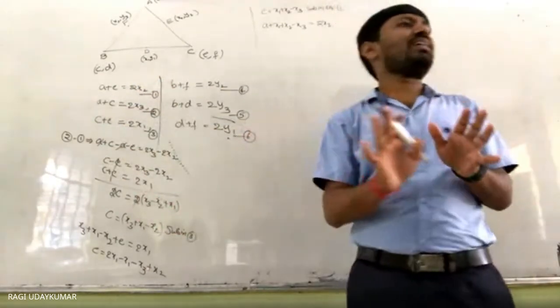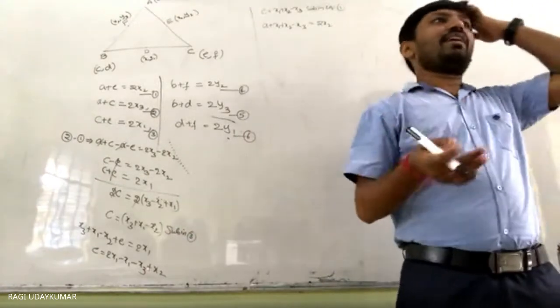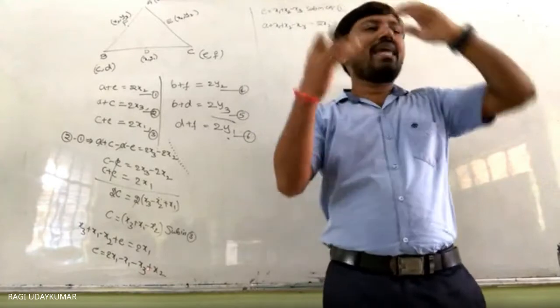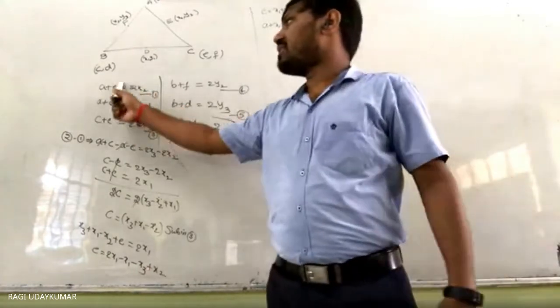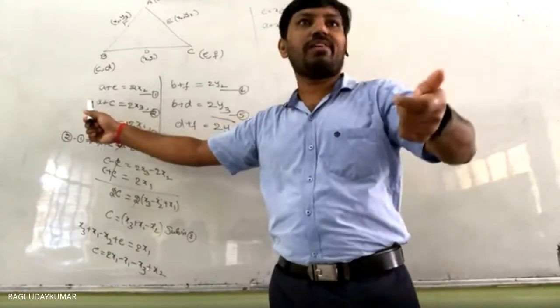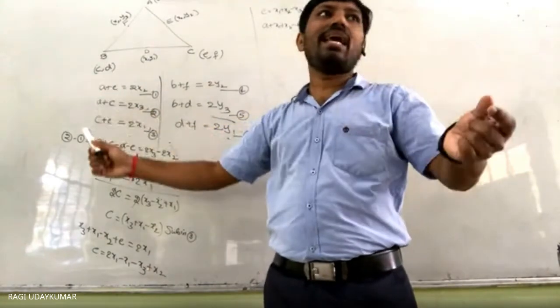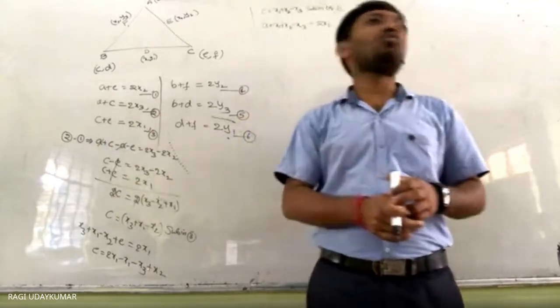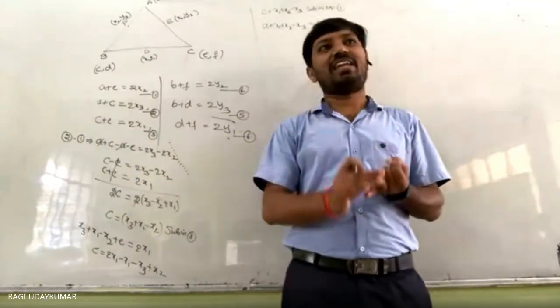See, the simple logic here is that 3 variables are there in the 3 equations: A, C, E. In these two equations, eliminate A. In C and E, one more linear equation will form. C and E have one linear equation, and C and E have another linear equation. Solving the two linear equations, C value you will get, E value you will get.